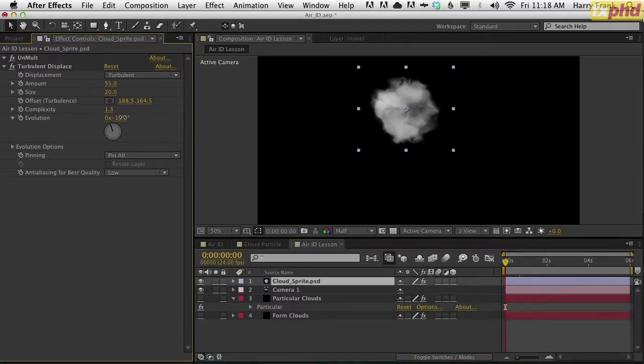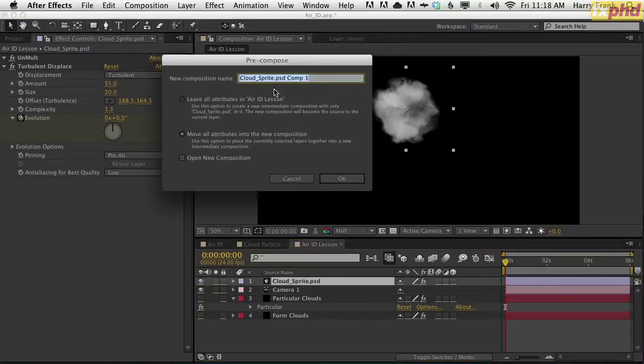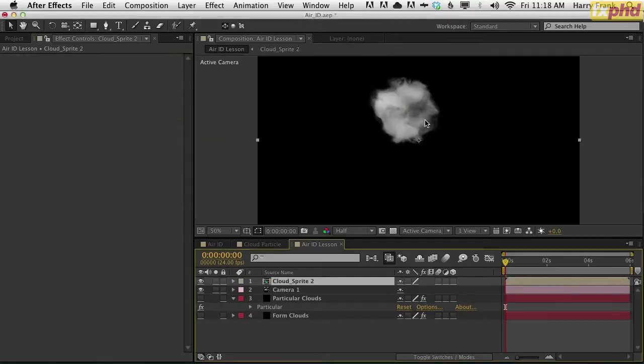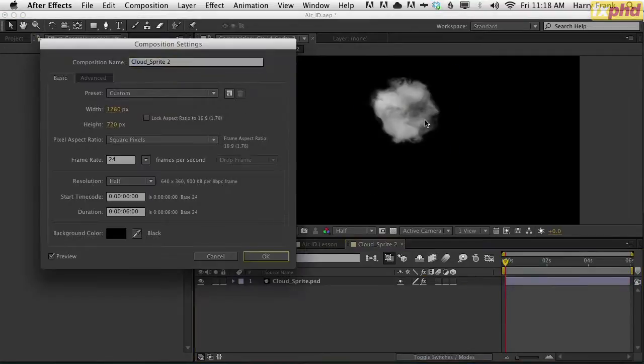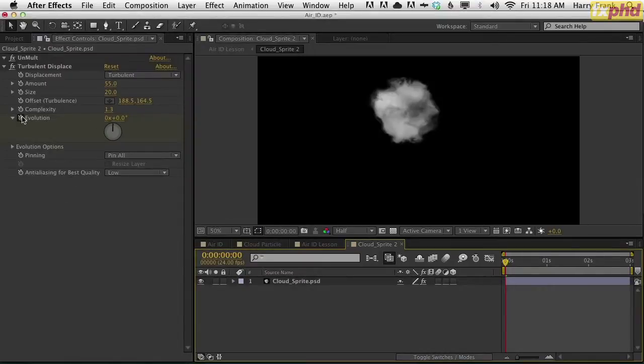I'm going to set a keyframe right here at the beginning, and you know what, we need this to be a pre-comp, so actually let me pre-compose this, call this Cloud Sprite 2 because this is the second one I've made, and we'll move all the attributes in, and I'm going to make this 3 seconds long, so let's just trim that up before I get too far. So I've set a keyframe for my evolution,